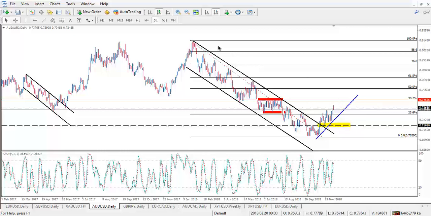So I think by using Fibonacci retracement this way, the very first strong resistance level that is going to meet the price is 0.7455, which is 38.2 of the previous downward movement. So what we can do is wait for the price to reach this area. We will be waiting for some bearish evidence, so we can go short targeting the level of